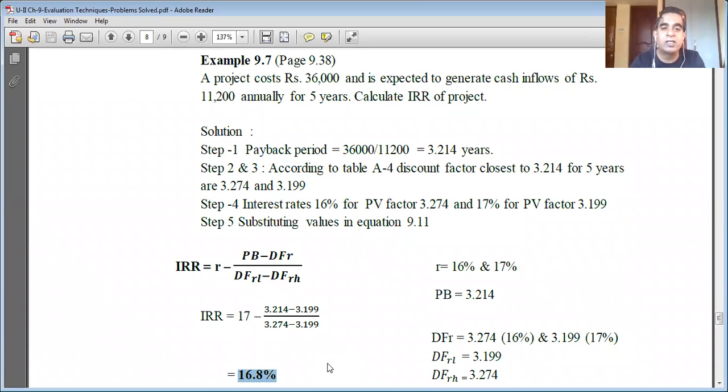In this case there is no decision, because a predetermined rate of return is not given in this problem. So you need not compare it, hence you need not make a decision. But in the examination, most of the time, definitely you have to make a decision and write that one sentence. So any doubts here? Any doubts?